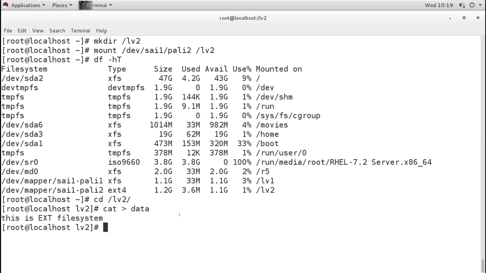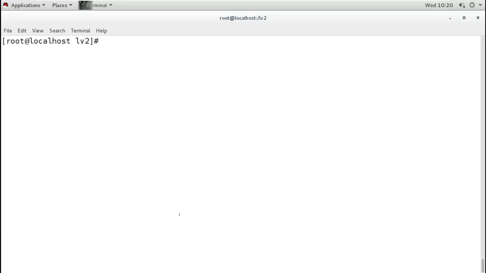Now I want to extend it to 1.8 GB, that means 1800 MB. Now remember, extending the size we can do it online, that means the partition can remain mounted, and also if any user is using the partition, if any user is creating any file in that, they can still do that, they will not face anything, and we will just extend the size.